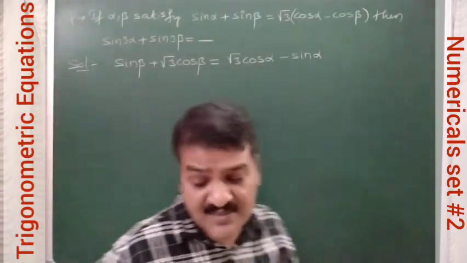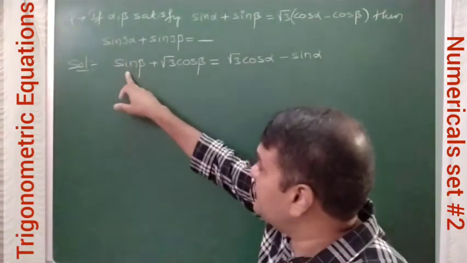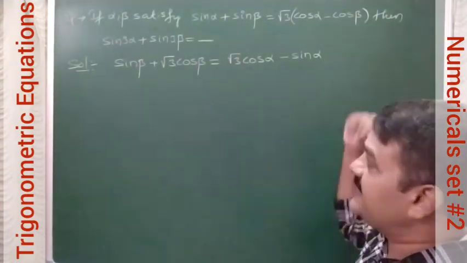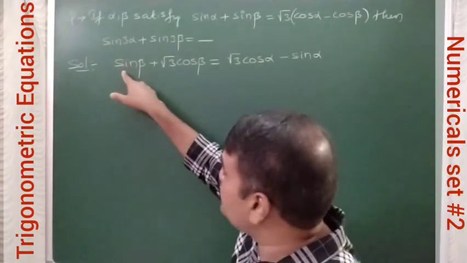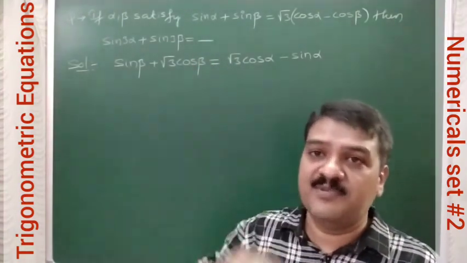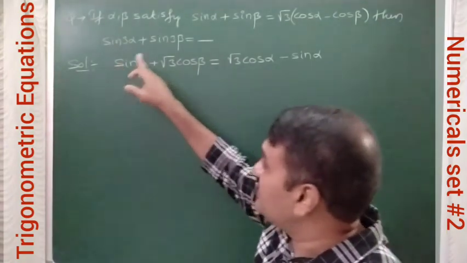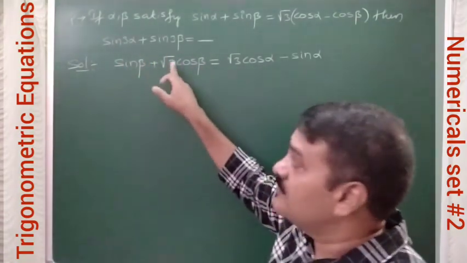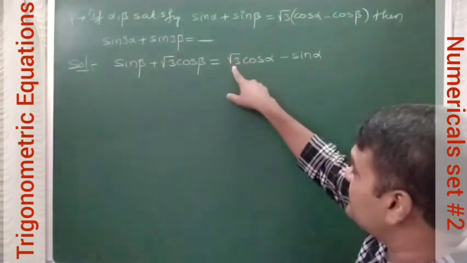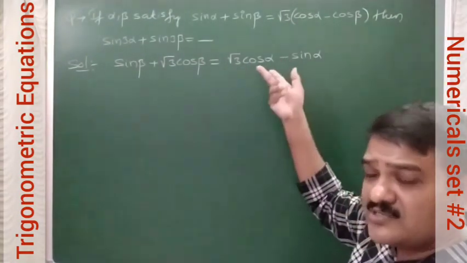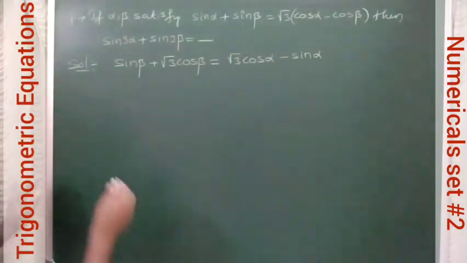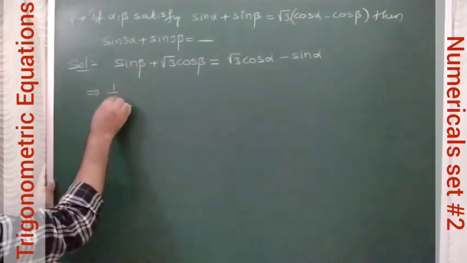Now both sides we have a sin theta plus b cos theta or a cos theta plus b sin theta model. So whenever we have a sin theta plus b cos theta model, we will divide by under root a square plus b square for solving. A sin theta plus b cos theta. A is 1, b is root 3. So under root a square plus b square means 2 we will get. Here a is root 3, b is minus 1. Here also under root a square plus b square means 2 we will get. So therefore we will divide by 2 on both sides.